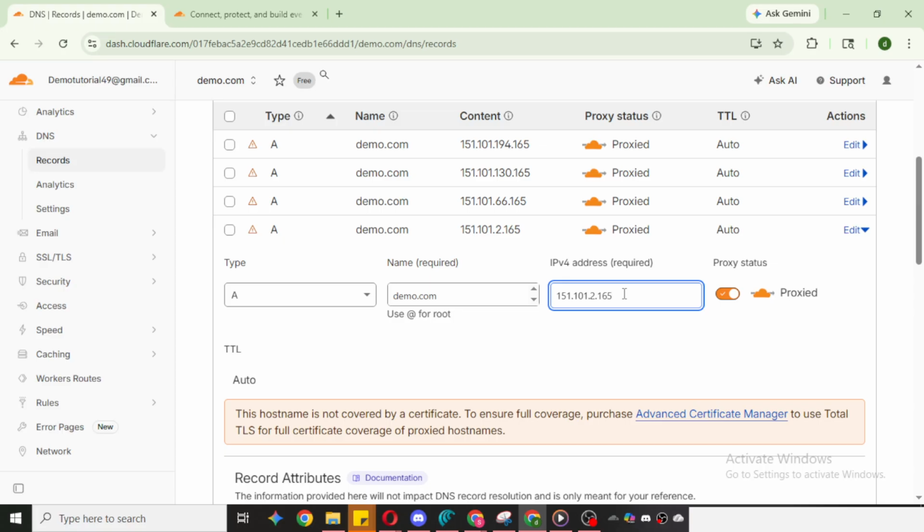That's it. You opened your Cloudflare account, selected your domain, went to DNS, viewed your records, edited the specific one you needed, and updated the IP. Take a moment to verify you changed the right record, especially if you manage multiple subdomains. With that, your traffic will begin routing to the new server as the change propagates.